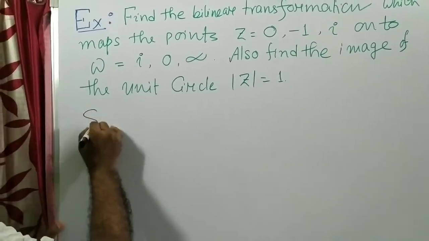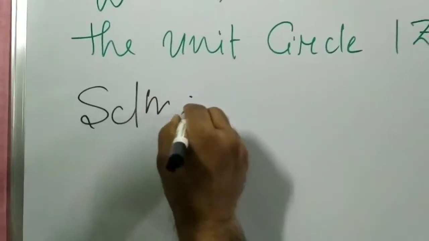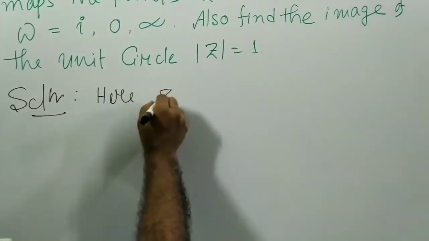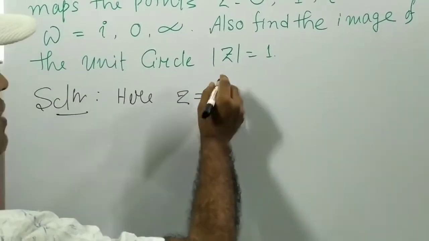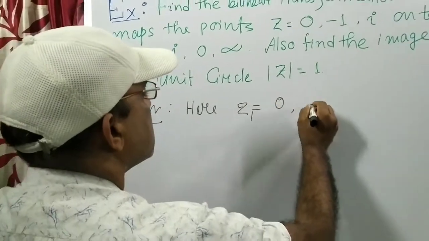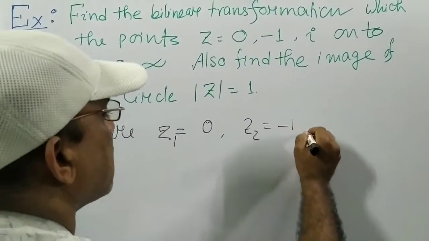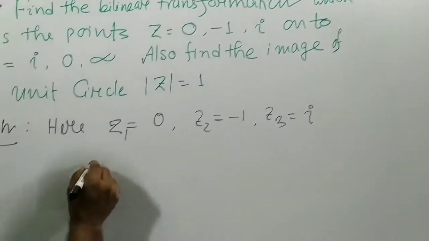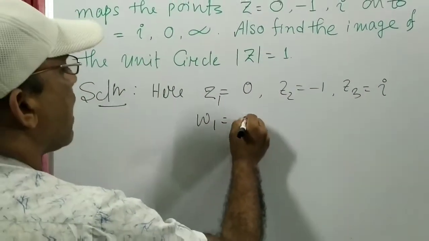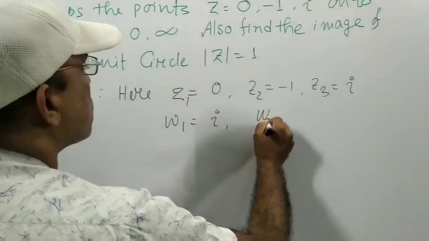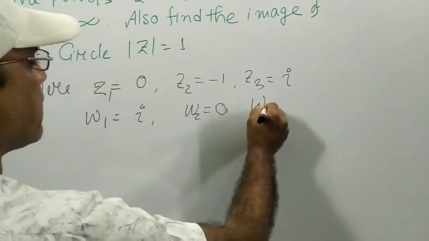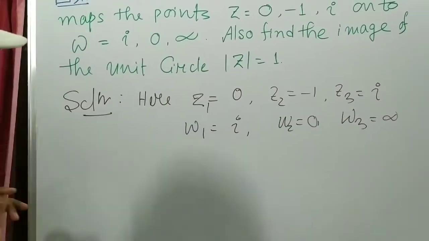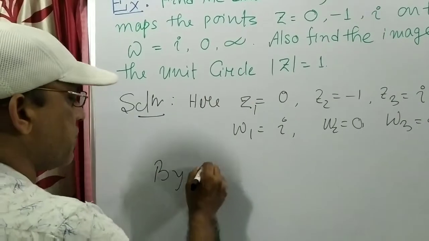Now we want to solve this. We want to find the bilinear transformation. So here z1 equal to 0, z2 equal to -1, z3 equal to i. These are given. And w1 equal to i, w2 equal to 0 and w3 equal to infinity. These values are given. By cross ratio